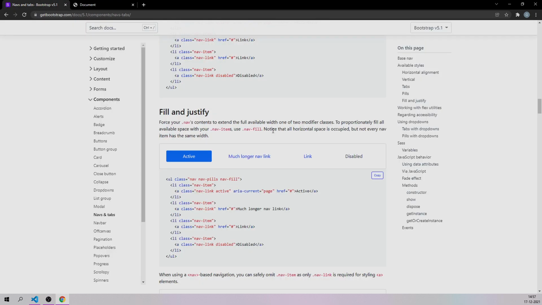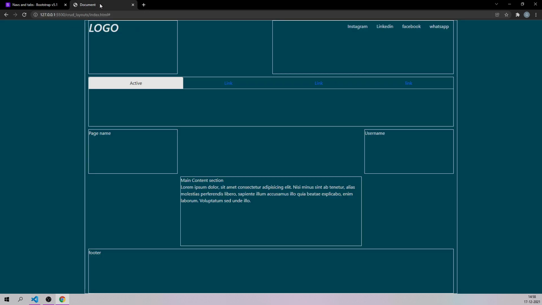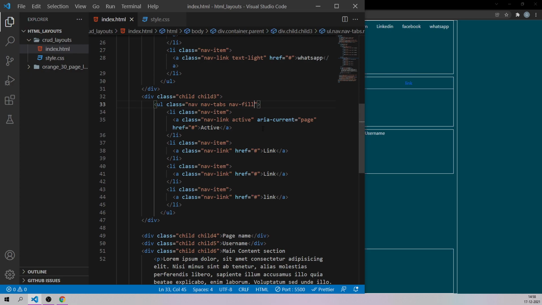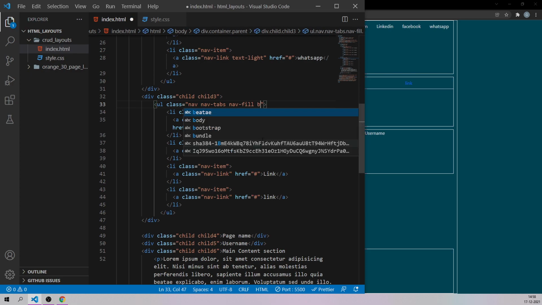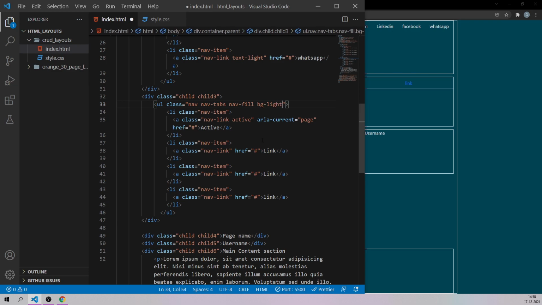Now one thing I want to do is keep the backside of this entire navigation to be white, and the front portion, this text, you can set in a black color or something. So what I'm going to do is keep the entire navigation back in, let's say, white color. So let's come here, and I can add one more class name to that entire navigation. bg, which means background, should be light.